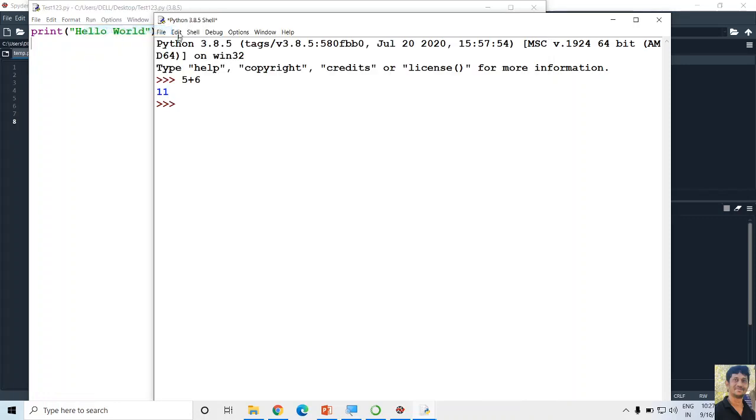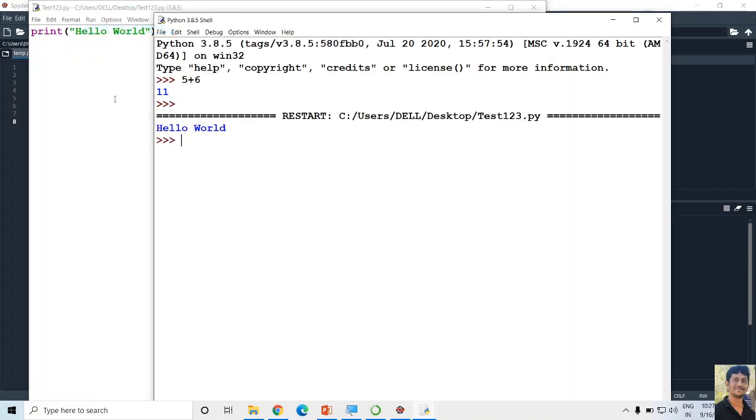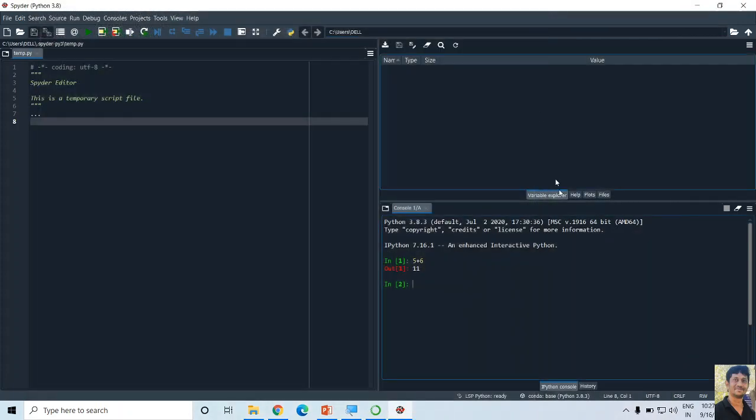After that, we were running the Python script, right? Whatever the output, even though we run it in the multi-line editor or text editor, we get the output in the shell window. In the same way, if you want to write multi-line statements, you can write them in this section. Right now it is being stored in temp.py.